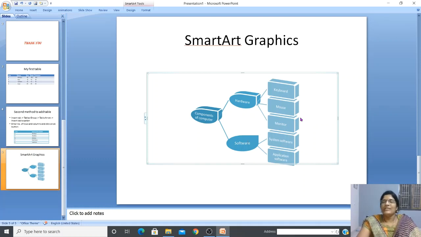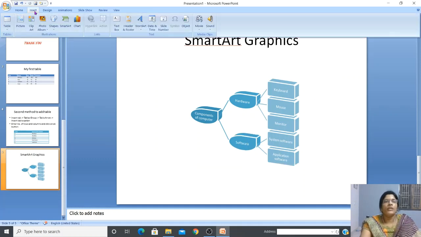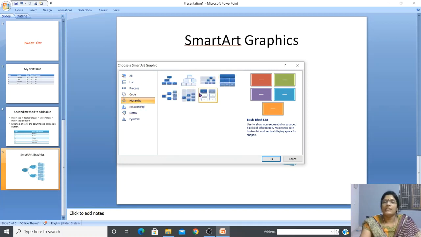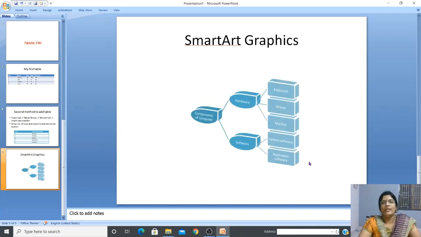Is it clear, students? Okay, so this is a way we add a SmartArt graphics. So can you tell me how to add a SmartArt graphics? Which tab I have to go? Yes, tell me. We have to go to Insert tab, Illustration group, then SmartArt icon. If you click, it will display a dialog box with the name Choose a SmartArt Graphic. Left side you can see categories, right side you can see different layouts of the particular SmartArt graphics. Then here you can see the preview. If you like, you can just select it and click OK button. That will be displayed on the screen. Then you have to click inside to type the text.